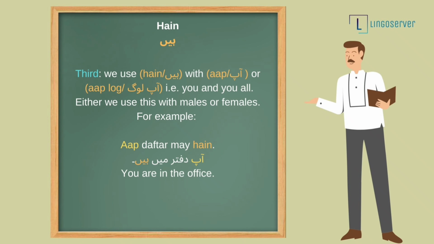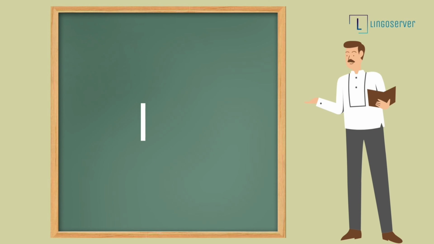Third, we use हैं with आप or आप लोग, with you and you all. Either we use this with male or female. For example, आप दफ्तर में हैं. And now we'll talk about हूँ, which is the third helping verb of the present tense